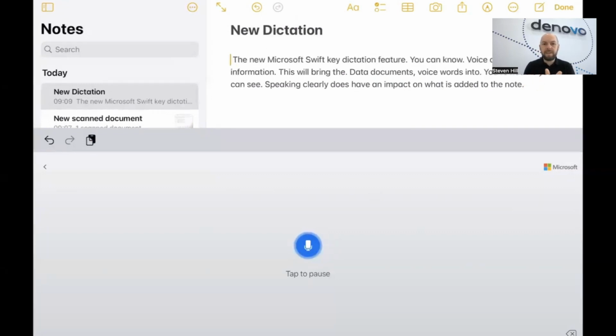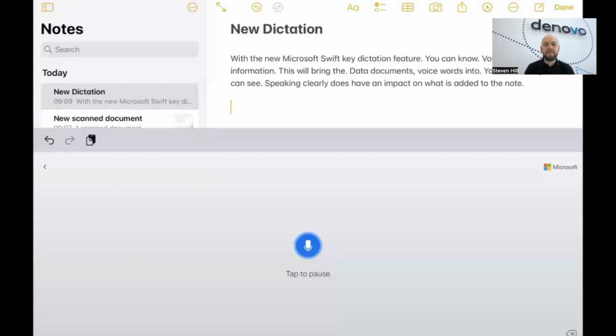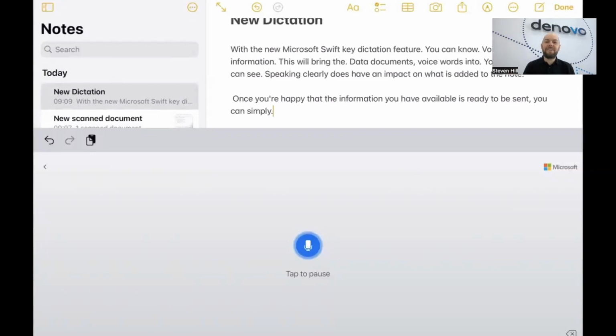So once we've completed that, I can make any changes that I want to change. You can see I'm doing a bit of editing to the text on the iPad device. But basically, once you're happy, that was very coincidental that it said that at that time. But once you have the information